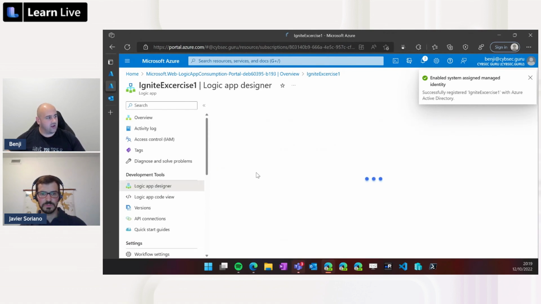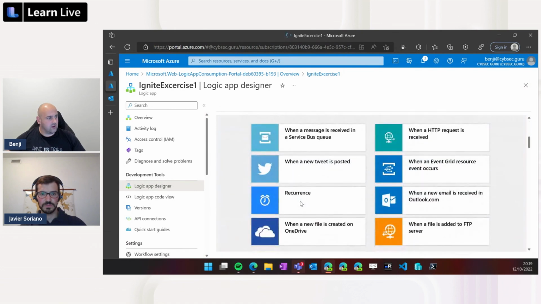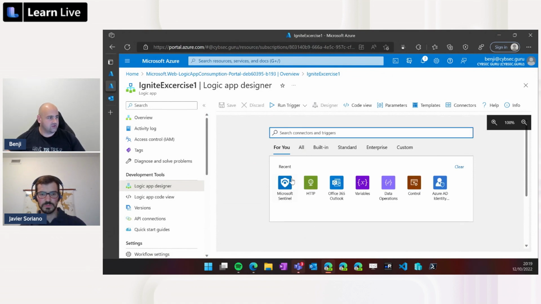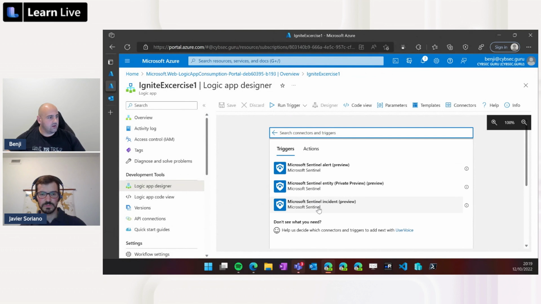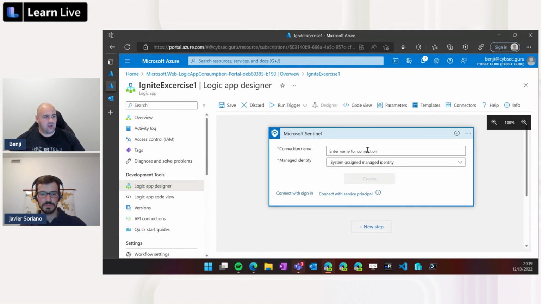Now I can go back to my Logic App Designer. Again, we will choose blank playbook. And we will go with Microsoft Sentinel, of course, Incident trigger. And now when I click on Managed Identity, we can see here that this is available, and I will give it the name Ignite Exercise number 1. And click, of course, on Create.